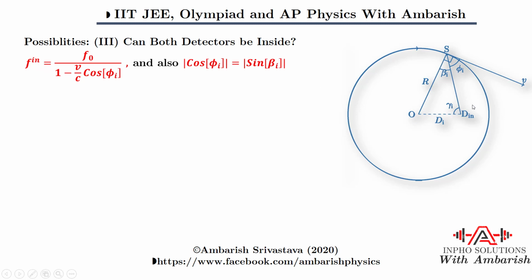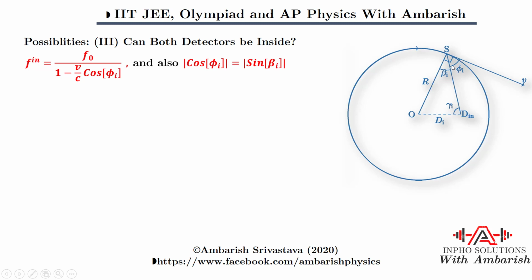So let us say Dn is the location of a detector that is inside the circle, okay? And the distance of this detector from O to Dn is di. Let R be the radius of this circle, and let us say the source is somewhere over here, such that the line joining the source to the location of the detector makes an angle phi i with the velocity vector, okay? So the velocity vector and this line are at an angle phi i. So what's the velocity of approach of the source toward the detector? That becomes V cos phi i, okay?